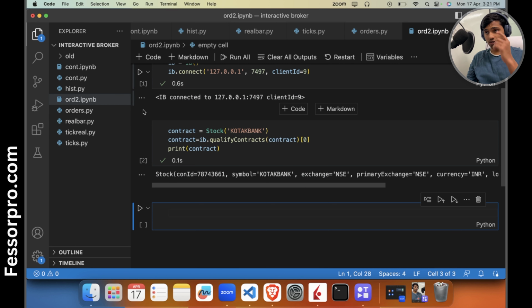So I've already shown you the market order. Okay, so I'll show you the limit order. I'll show you the buy, sell both, and then I'll show you the stop order also. So first,